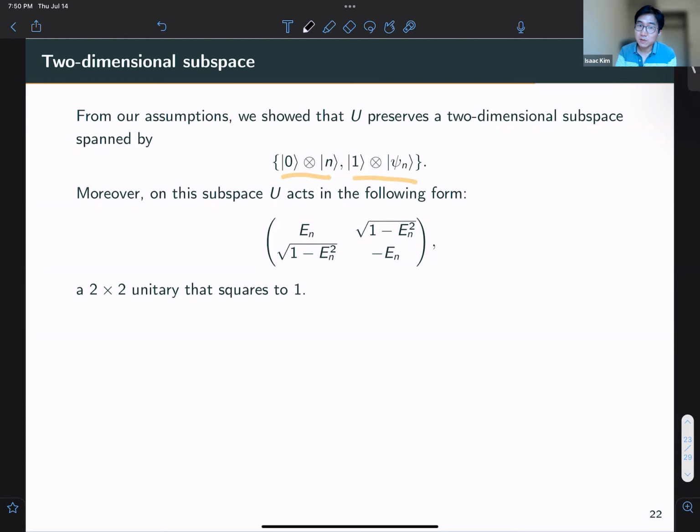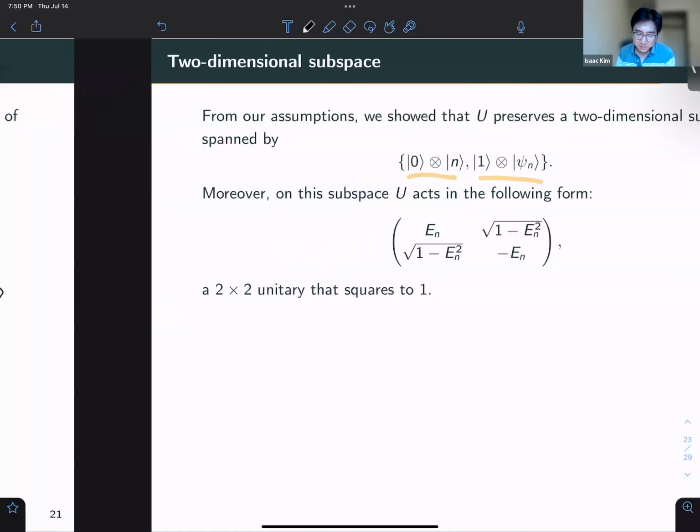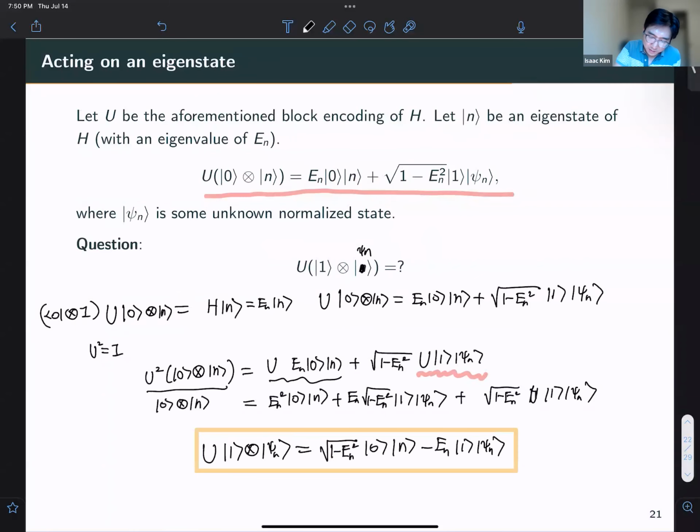So let me just flash you back to the previous slide. So we have two states. So let me call